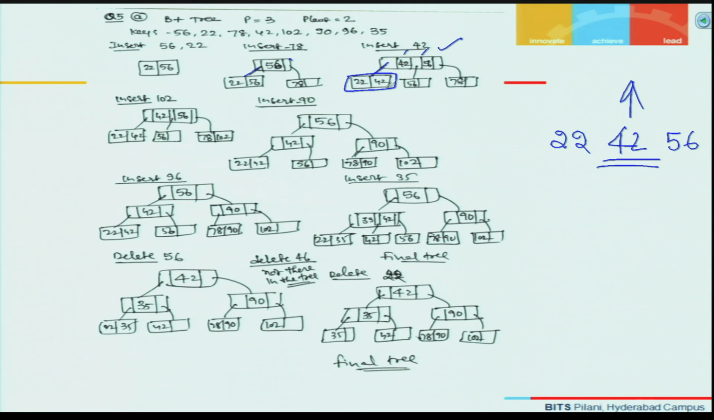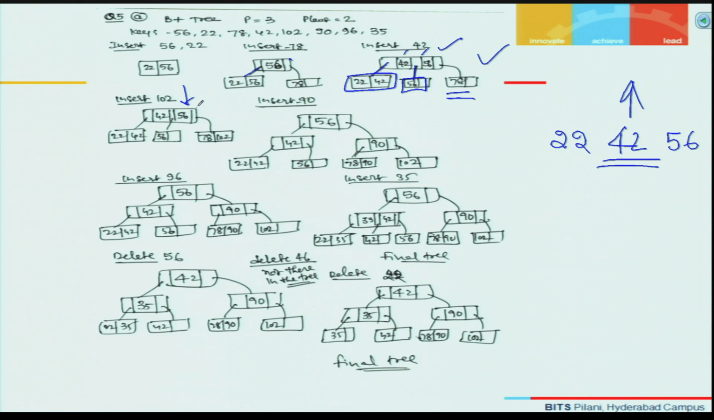the key values are less than or equal to 42, and this pointer will take you to the leaf node where the values are greater than 42 and less than or equal to 56, and this is greater than 56. Now if you look at this, it is satisfying the conditions that have been laid down for the given B plus tree. And now when I am inserting 102, and always when I am trying to insert something, my search